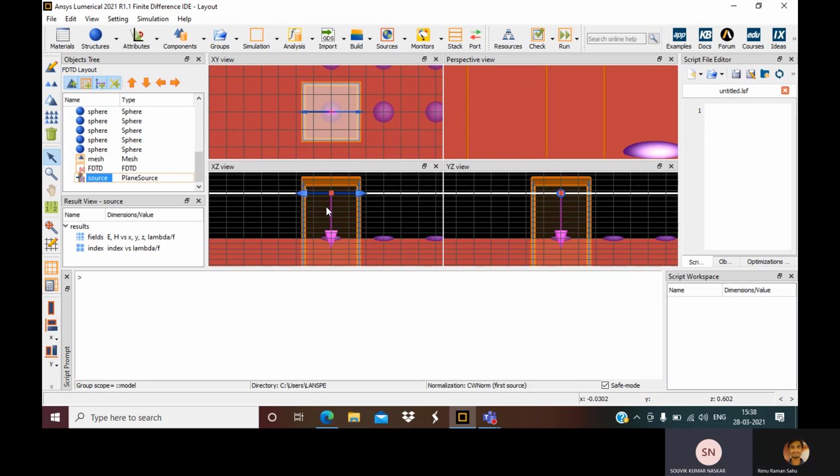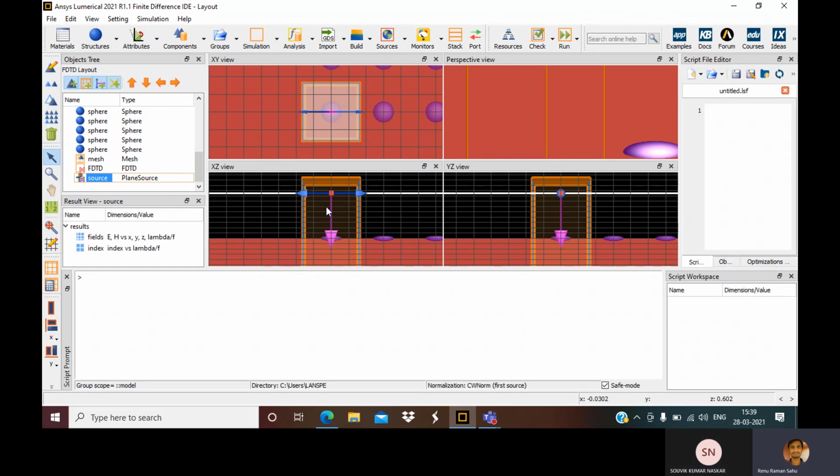You have taken too much length in the Z direction, so it can be made narrower, according to your structure. I cannot say how narrow; you have to do some hit and trial. Okay.